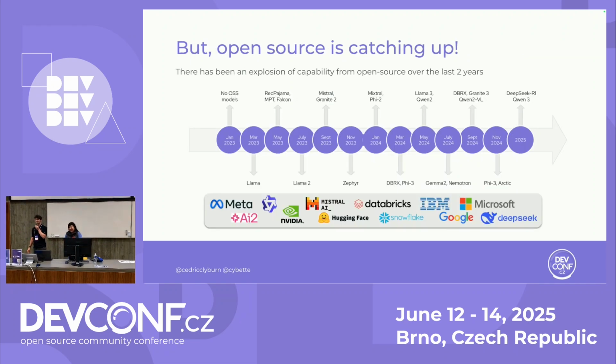Yeah, and the good news is open source is catching up. In the last 2 years, more and more open models, well, for various definitions of open, have become more open and more permissive as time goes by. So it's a good trend, definitely. And as Cedric said earlier, they were not as performant as the proprietary models, but they have now become on par with proprietary models, and even in some cases surpassing those proprietary models. So that's definitely good news.